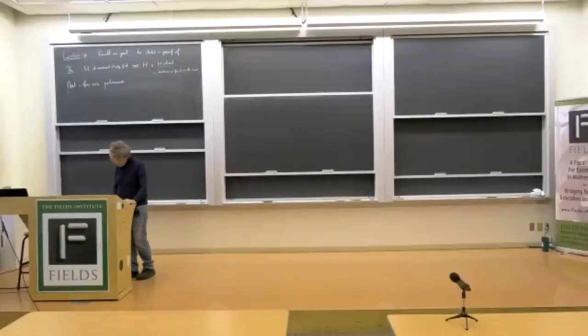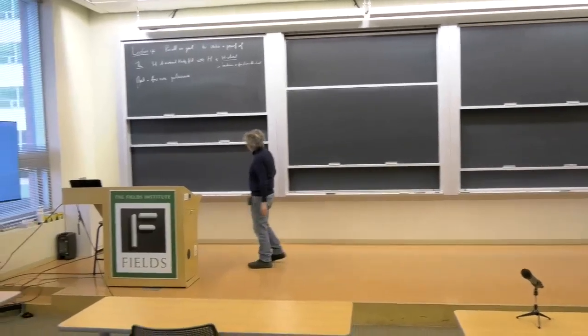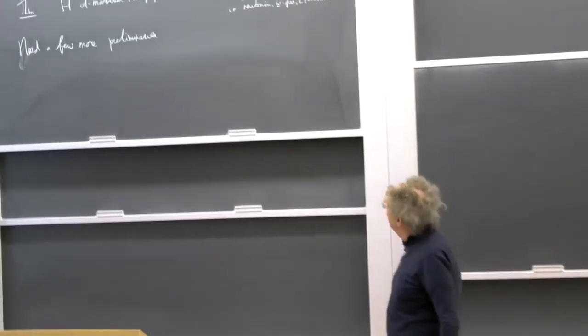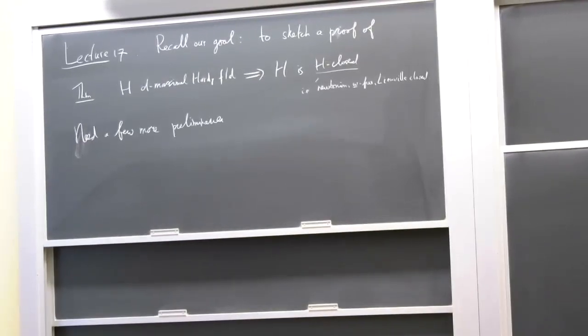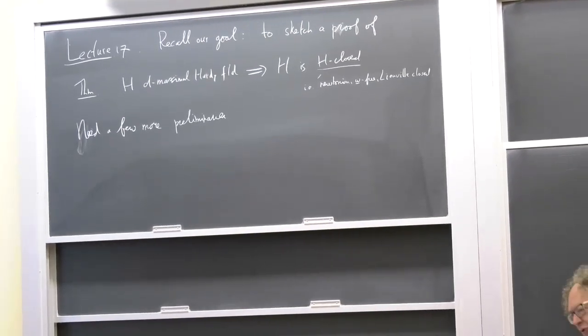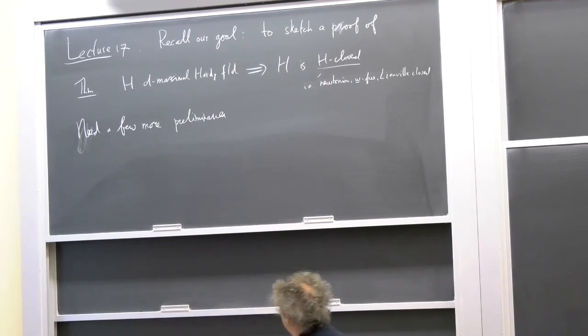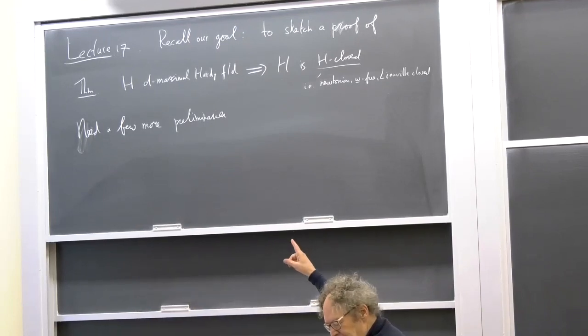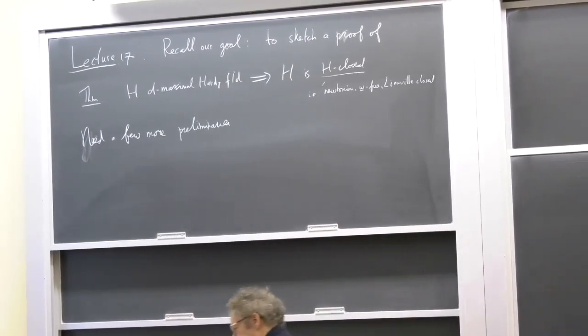So let me then get started and recall our goal for today is to sketch a proof of this theorem that any D-maximal Hardy field is H-closed. H-closed being just an abbreviation for being Newtonian omega-free Liouville closed. So a model of our complete theory of H fields. And D-maximal, remember, is simply a generalization of maximal. It means it has no differentially algebraic Hardy field extensions, but it might have other differentially transcendental